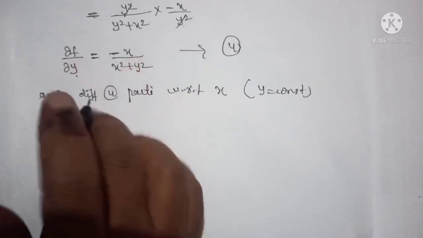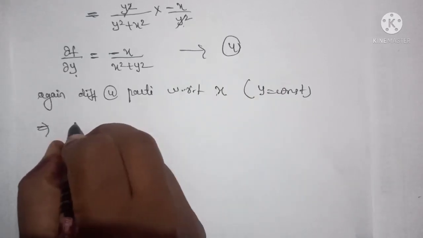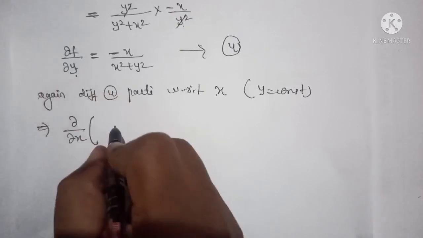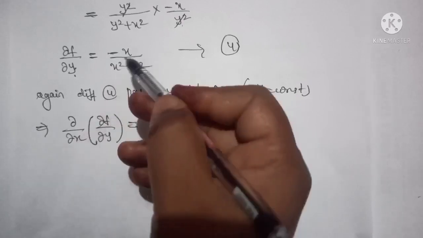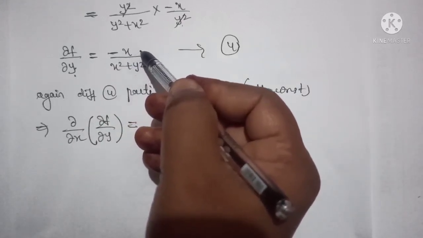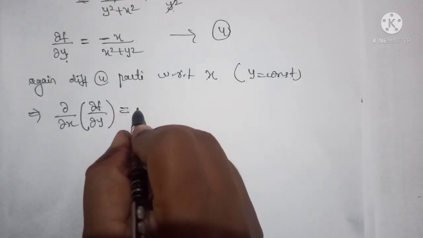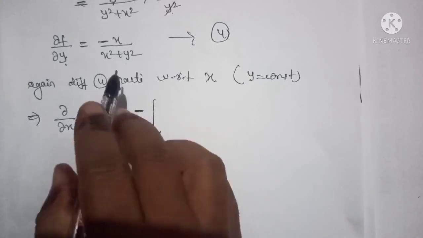Now ∂f/∂y, so we are differentiating with respect to x, that means ∂/∂x of this function, that is ∂f/∂y. So again you can observe that both the numerator and denominator contain x terms. So that means again we have to take this as u by v function. So minus taken to be outside here,